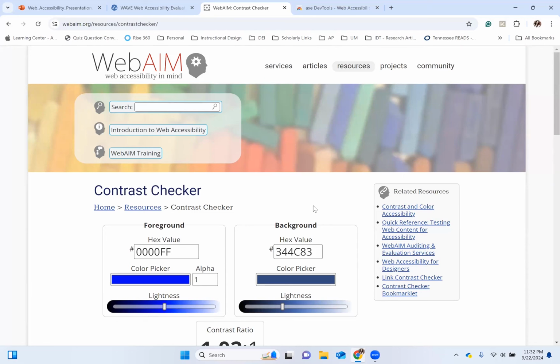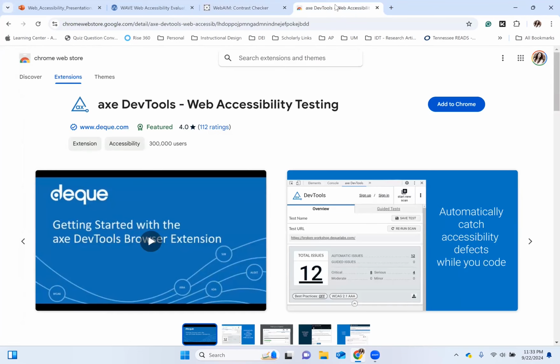Okay, so when we get into the lab next week, you'll have some very simple HTML files to correct, and you're going to be able to do an amazing job. But tools like WebAIM or Wave, or even this Axe DevTools, which is a browser add-on, and I told you that I would show you what a browser extension is.